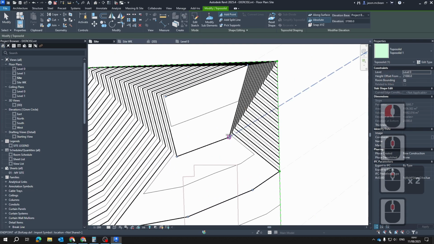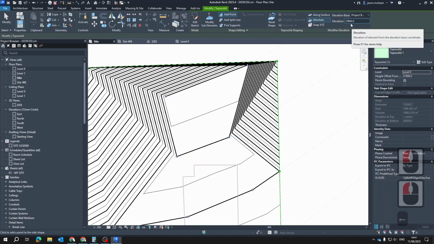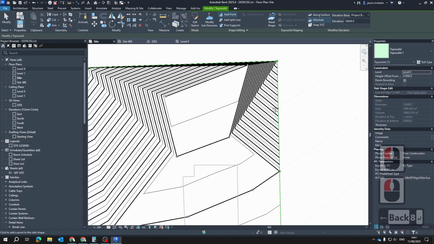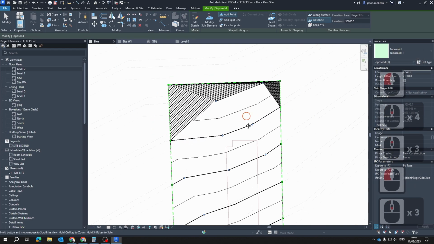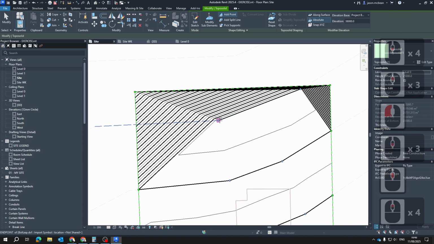Again, I'm going to hover, that's 38,000, so I'm going to change that to 38,000. Okay. So Revit does help sometimes, and sometimes it doesn't. So 38,000, great. Okay. Again, if I hover on this,